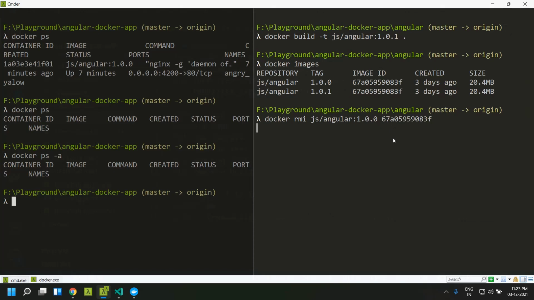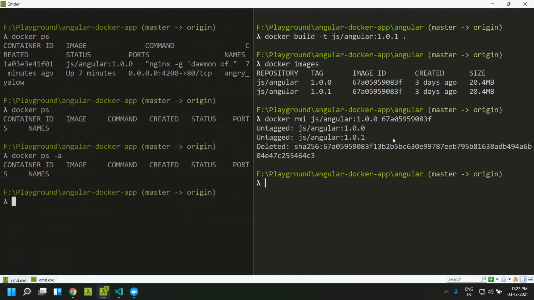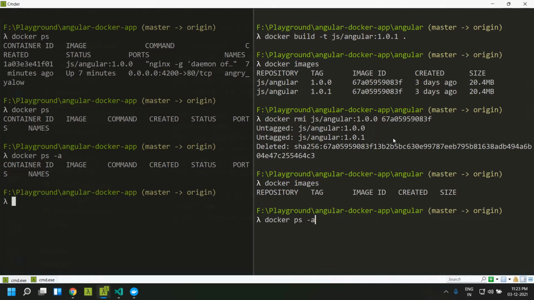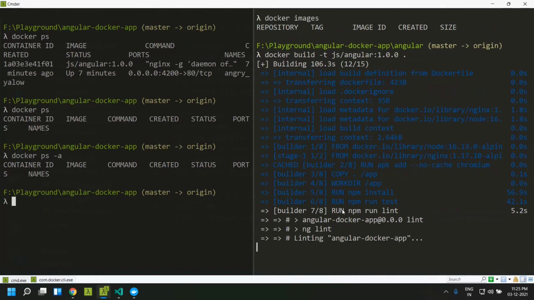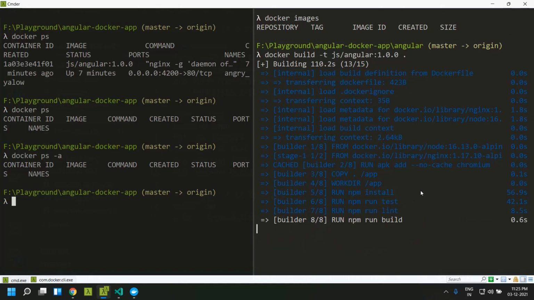Here I am using both the options, and now if you see, both the images have been removed. Now let's execute the Docker file once more to build our new image, which includes the linting step. Now you can see that our linter is running and it has been successfully completed.